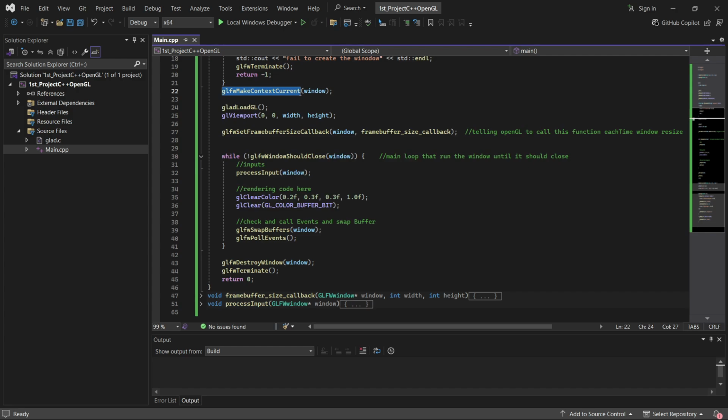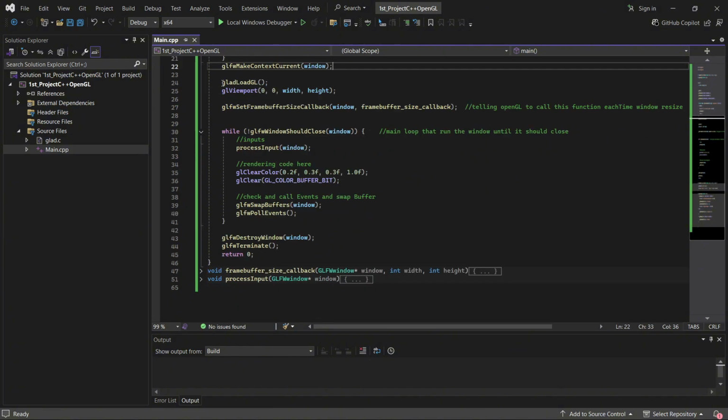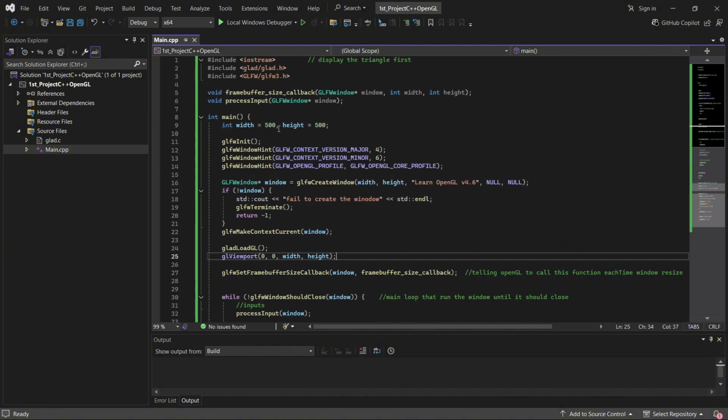This is just making the window context current, creating the context and making the window the current context so we can display on the screen. Then we are loading GLAD, and this is the viewport, basically telling OpenGL where and how much to render, and we are rendering from 0, 0 to screen width and height. So basically the entire window, entire width and height,